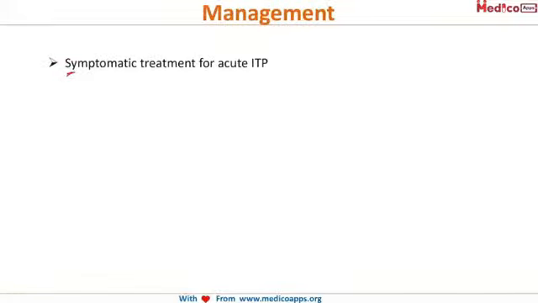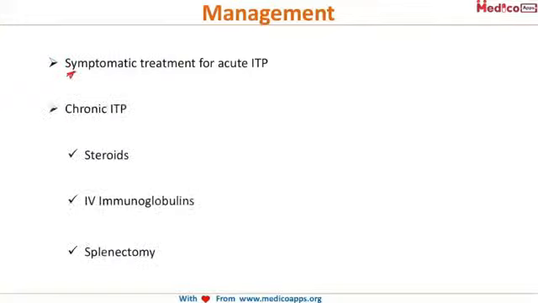In acute type of ITP, symptomatic treatment is usually given, and in case of chronic conditions, steroids, IV immunoglobulins and splenectomy can be